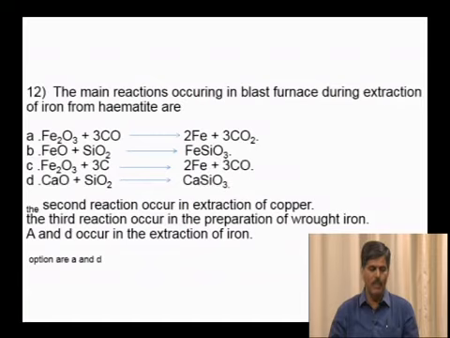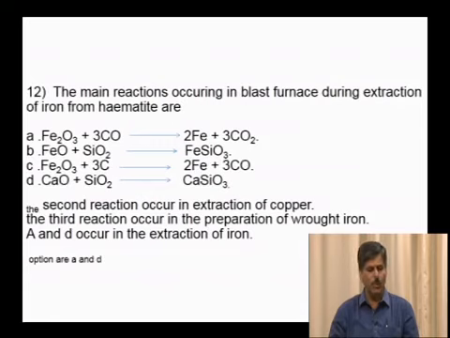The third option is Fe2O3 plus 3C giving rise to 2Fe plus 3CO. The fourth option is CaO plus SiO2 giving rise to CaSiO3. In the question they have asked the main reactions occurring in the blast furnace during the extraction of iron